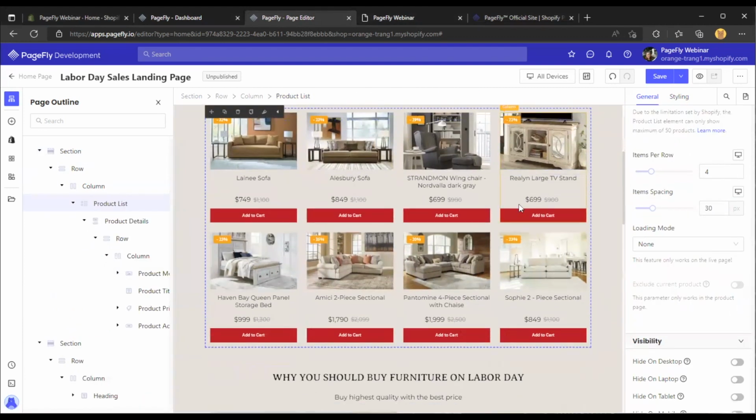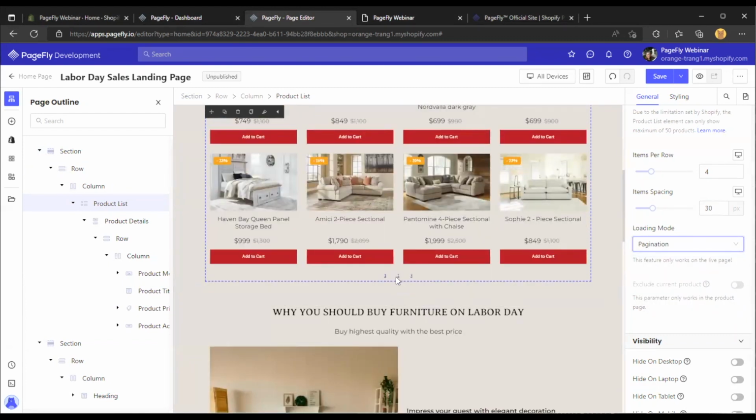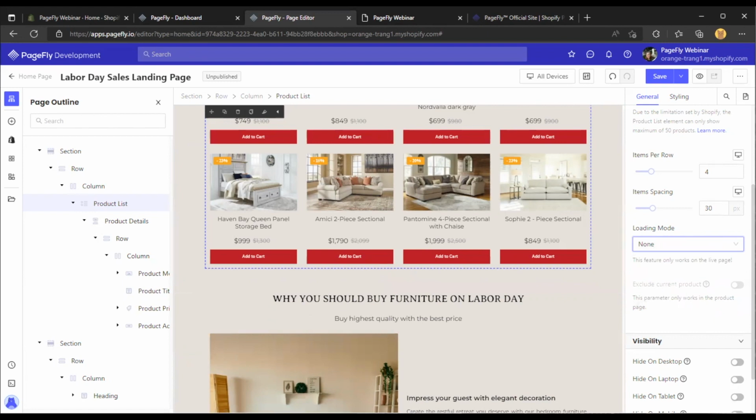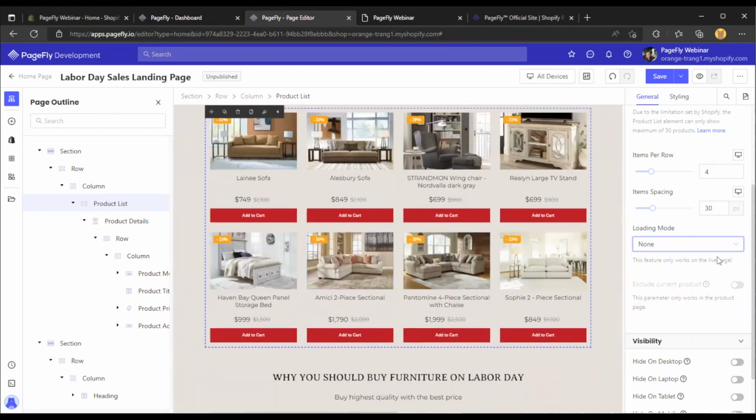But on all devices, I don't want it to have any dots or navigation on the product list. So you are referring to the pagination here. With the pagination on the product list, you can navigate to more products, only on mobile, you say. As you can see here, there is no device sensitivity option here. So what we need to do in this case, since we cannot achieve it using the device sensitivity option, is